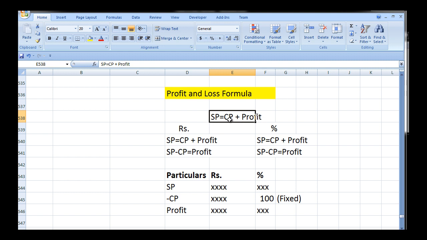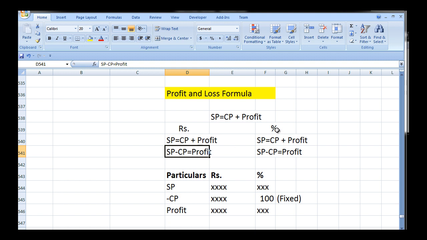We are bifurcating this equation into rupees and percentage. Here we are dividing this into two columns, namely rupees and percentage, and we are rewriting SP is equal to CP plus profit again. So SP is equal to CP plus profit is written, and we are transferring the CP to the other side of the equal to sign. Therefore SP minus CP is equal to profit is the derived equation for both in rupees